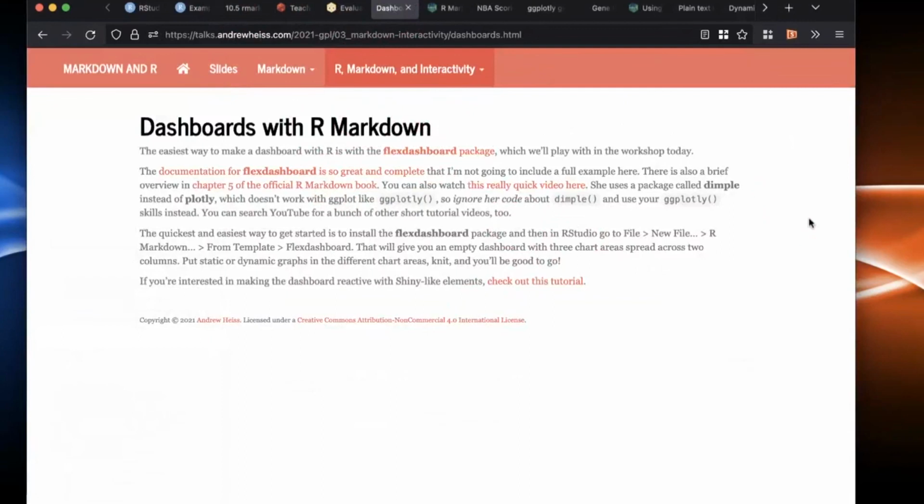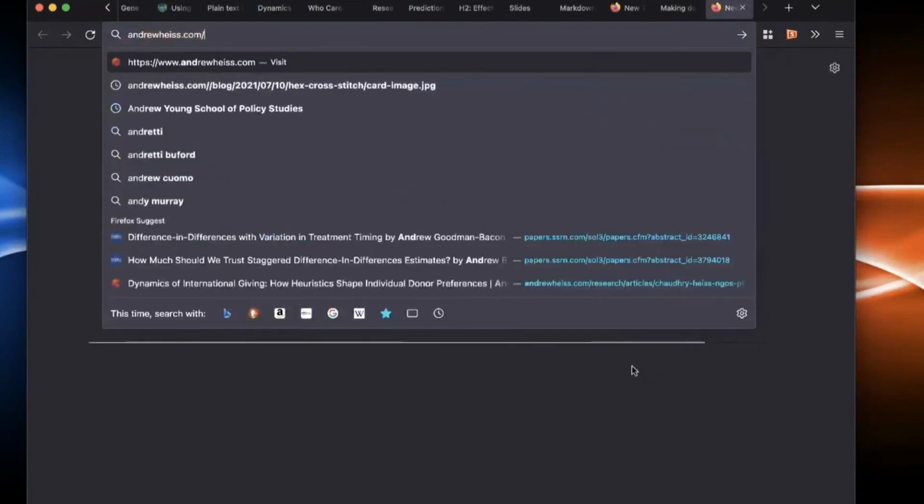You now have a good, strong foundation. You understand what Markdown is. You understand that you can just write in a single file and knit stuff to whatever format you want. You know about Netlify drop. I'll put a link to that on the website as well, so you can remember that. How long will you have access to this workshop website? Indefinitely. It's just here. One thing I do, if you go to my personal website, andrewheist.com,